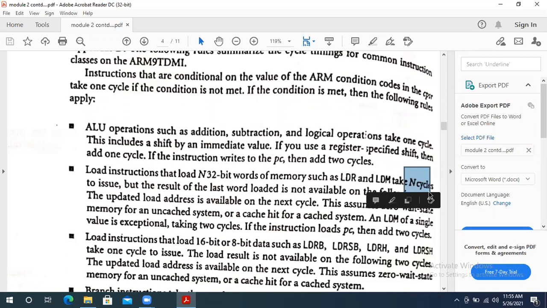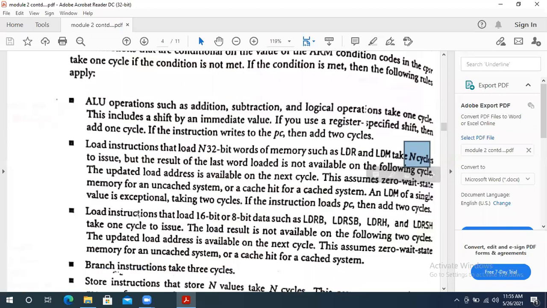That is the second point. And the third point is, suppose you are loading less than a word, meaning a half word or 1 byte. That is nothing but a size of 16-bit or 8-bit. It takes one cycle here. Is that clear? If you're taking less than one word, meaning a half word or a byte, it takes one cycle